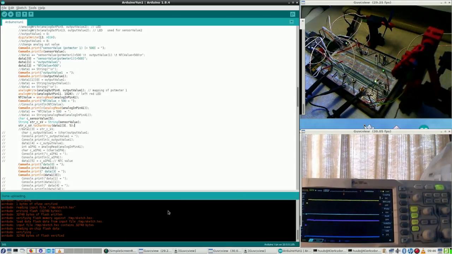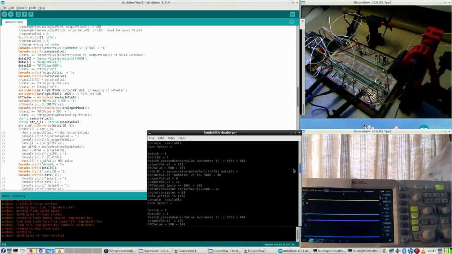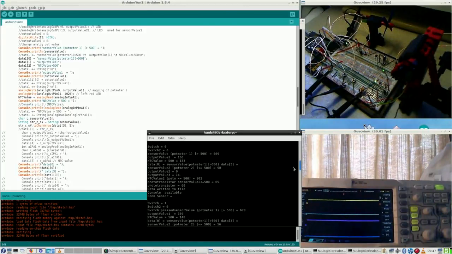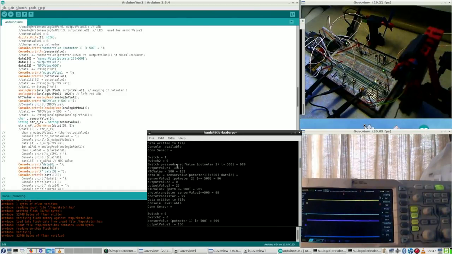Sensor value is, let's go back. Sensor value is 171. Output value 1, because sensor value, I need sensor value.